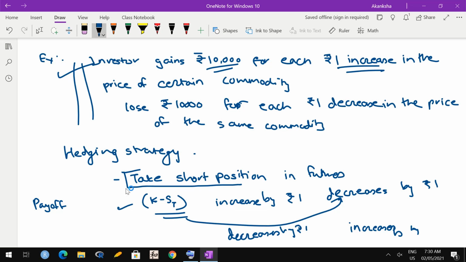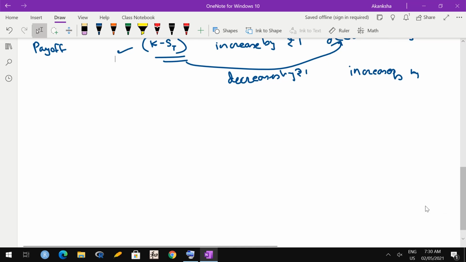So in futures, you take the opposite position in such a way that things get compensated. If you are taking a short position in futures, it is known as a short hedge. If you are taking a long position in futures, it is known as a long hedge. And as I said, the hedge is never perfect because the timing of the actual transaction may be unknown even to the investor.